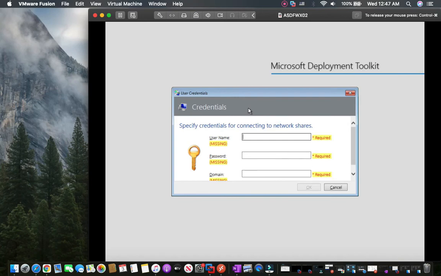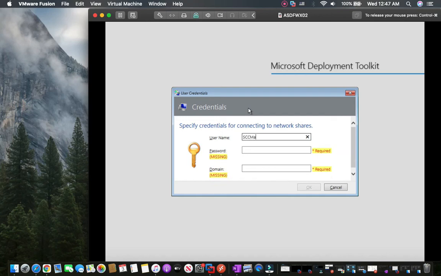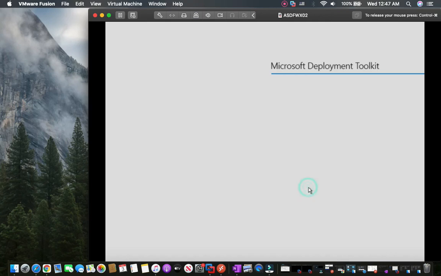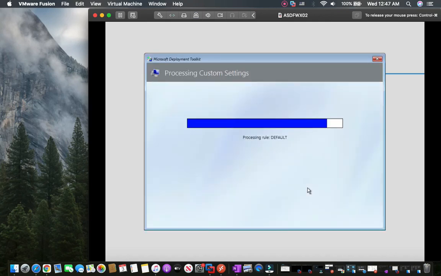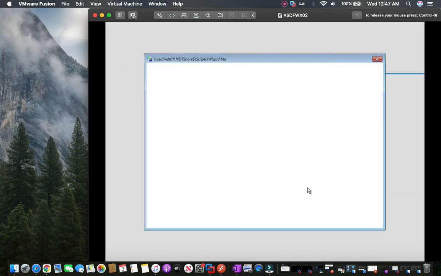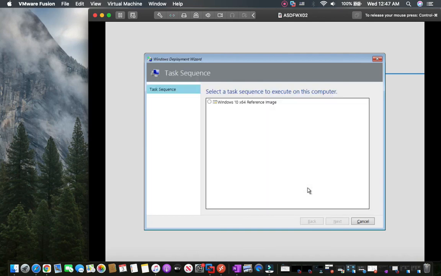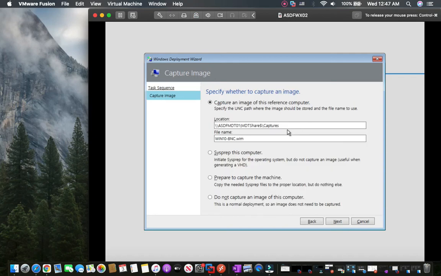Now, as soon as I enter a username and password, which has access to the MDT deployment share, and hit enter, it should pop up the task sequences which are published, and we are waiting. And there you go. So right there we see the build and capture task sequence which we just created, which